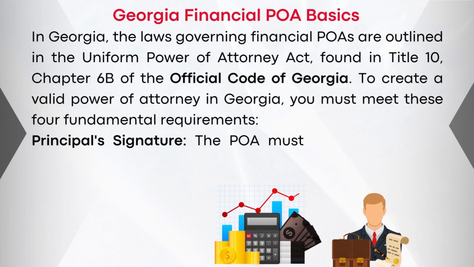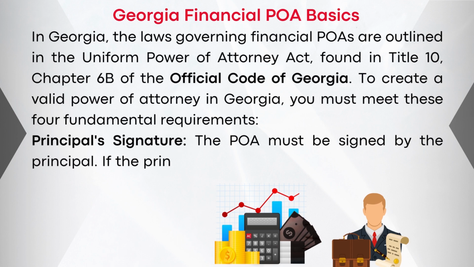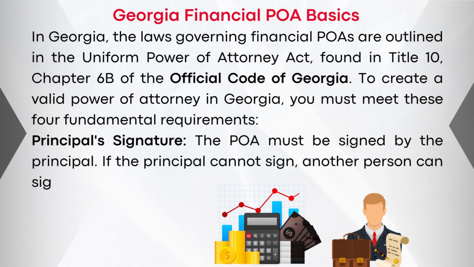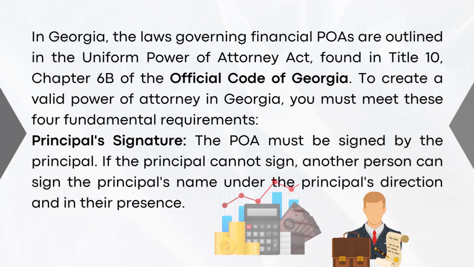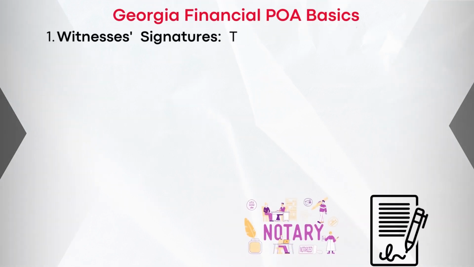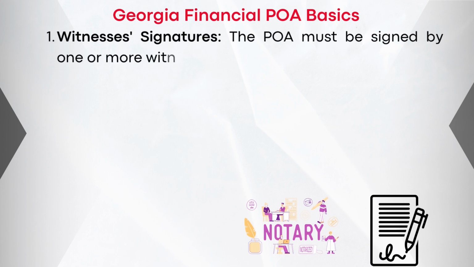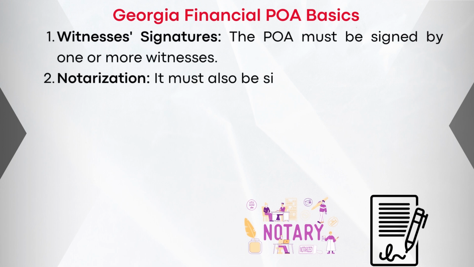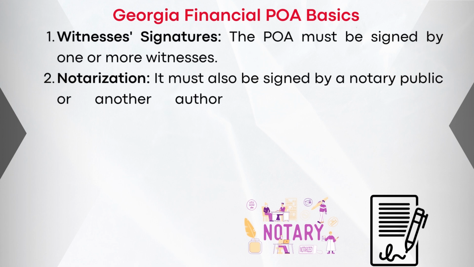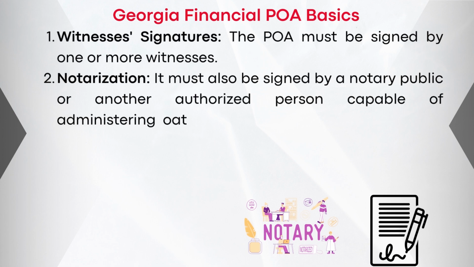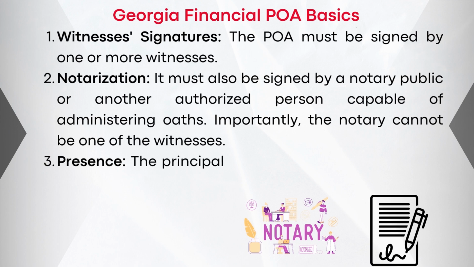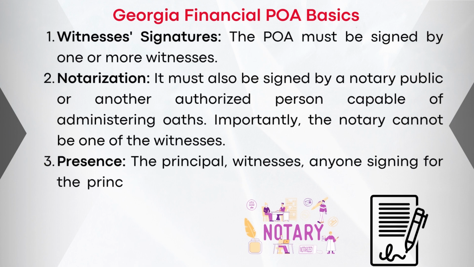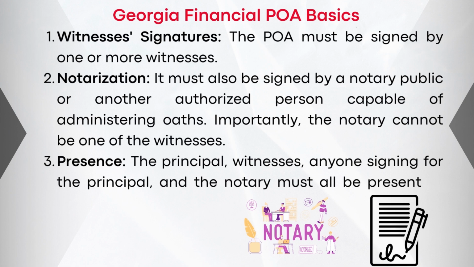Principal signature. The power of attorney must be signed by the principal. If the principal cannot sign, another person can sign the principal's name under the principal's direction and in their presence. Witnesses' signatures. The power of attorney must be signed by one or more witnesses. Notarization. It must also be signed by a notary public or another authorized person capable of administering oaths. Importantly, the notary cannot be one of the witnesses. Presence. The principal, witnesses, anyone signing for the principal, and the notary must all be present at the same time